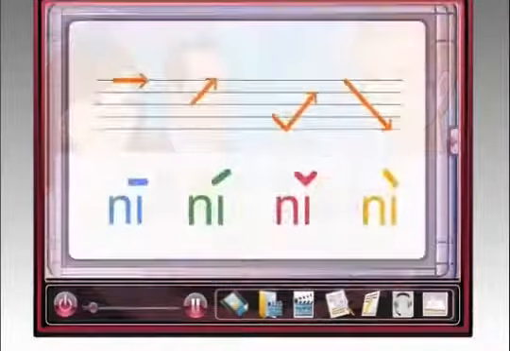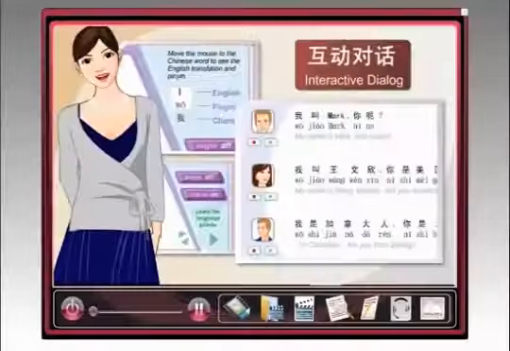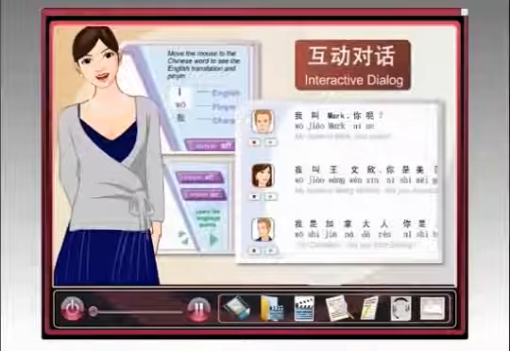One of Active Chinese's unique characteristics is a color scheme for the four tones of Mandarin. As you can see from the extended dialogue, each tone is assigned a different color, allowing students to internalize how to use tones properly. The third mode, called the interactive dialogue, allows students to review the dialogue's content in an